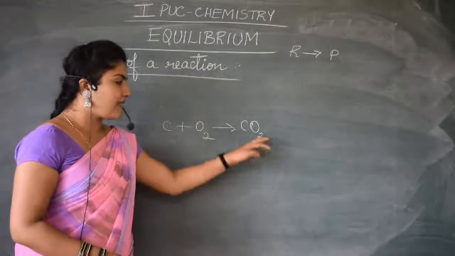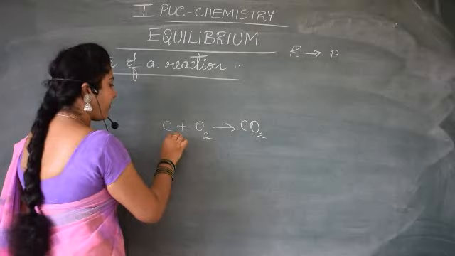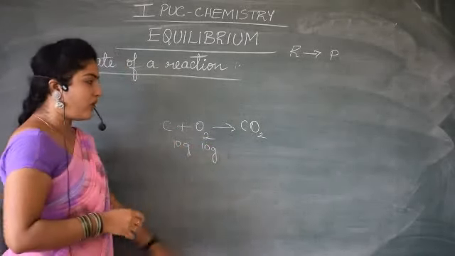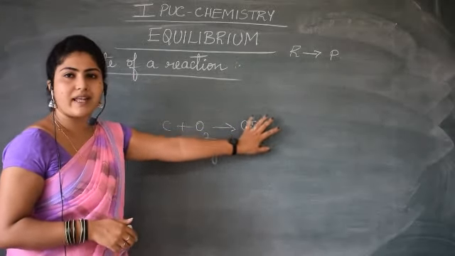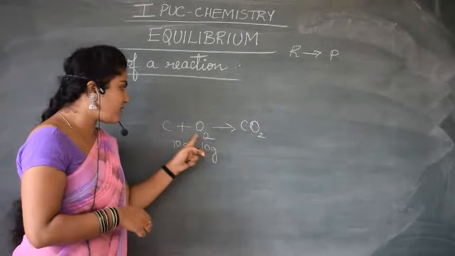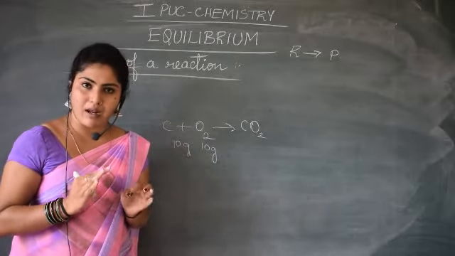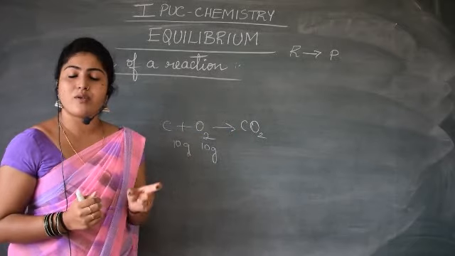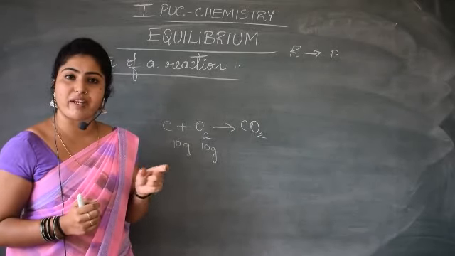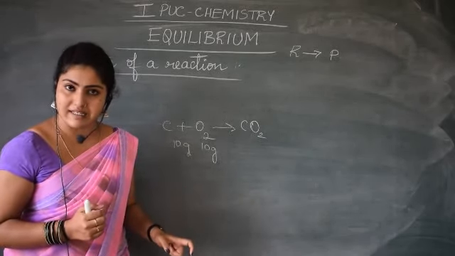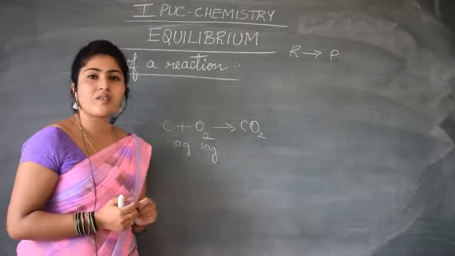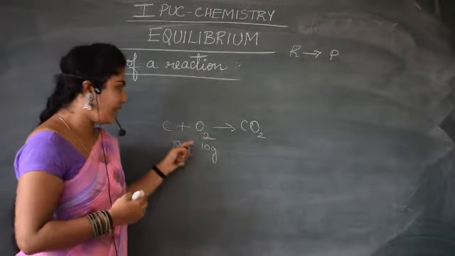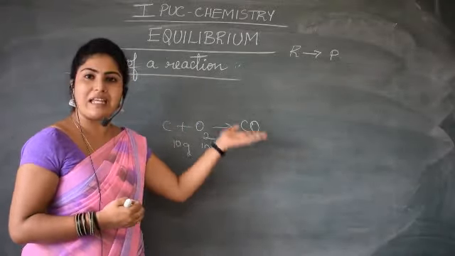Now say this is a reaction taking place. You have taken 10 gram, 10 gram. Now the product has to be formed, isn't it? Initially, no product, then gradually product starts forming. What happens to the concentration here? Does the 10 gram remain the same? No, it starts decreasing, isn't it? So the concentration of reactants starts decreasing. What happens to the concentration of products? It starts increasing. This side it decreases whereas product increases.